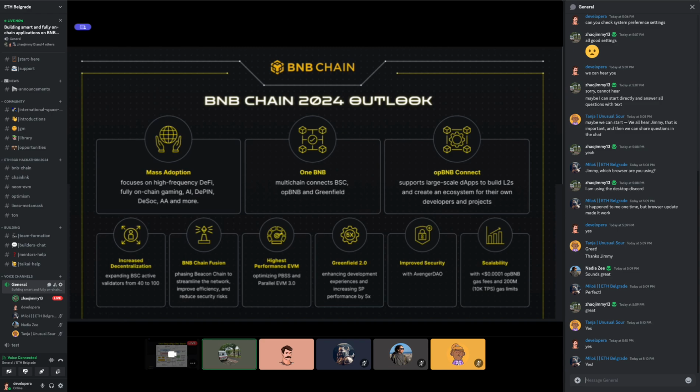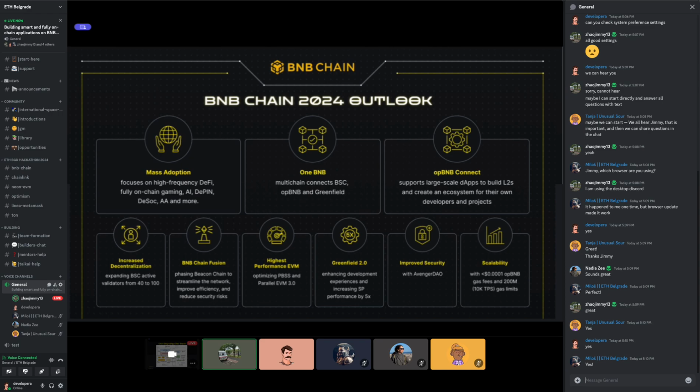So basically, you can create validators in the BSC directly without worrying about the Beacon Chain anymore. And all the staking and liquid staking, also the governance can also be natively supported on BNB Smart Chain. And I will go deeper about the high performance EVM, how we are going to implement it in parallel EVM, also optimizing the PBSS, which is the path-based database, which can simplify, streamline and optimize the performance of the node.